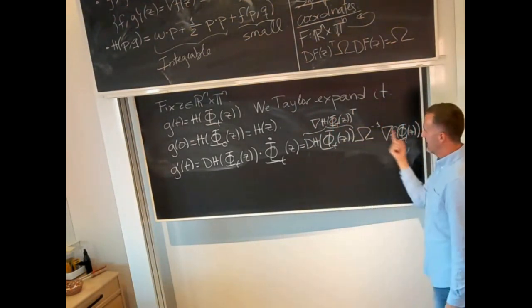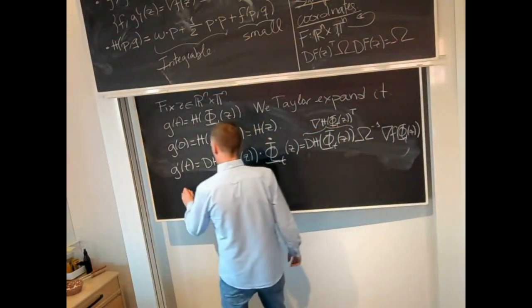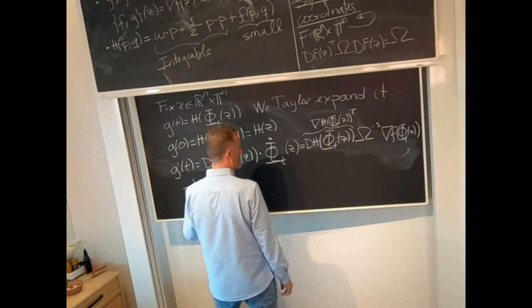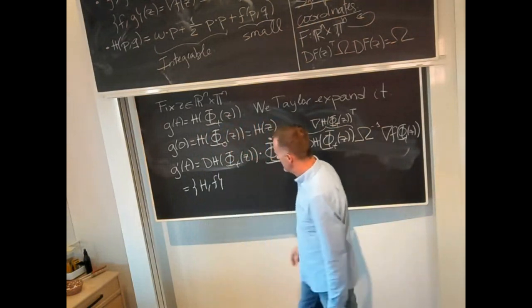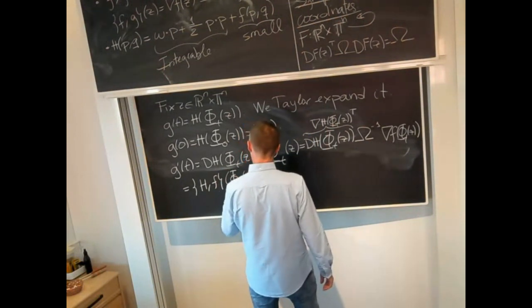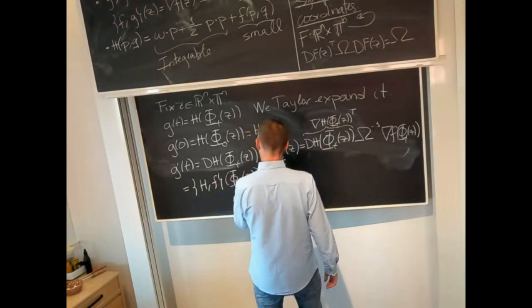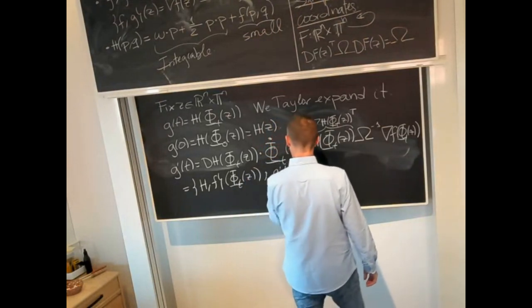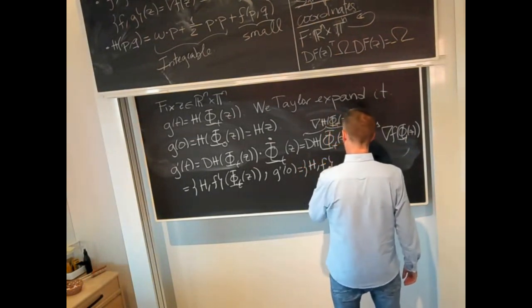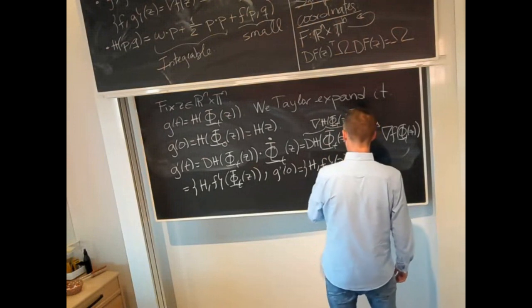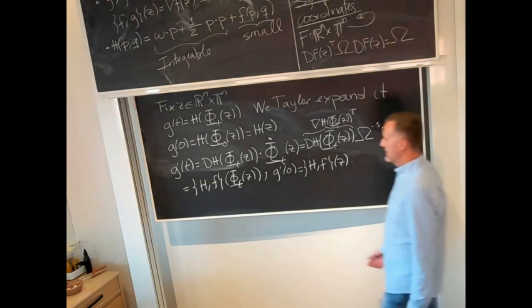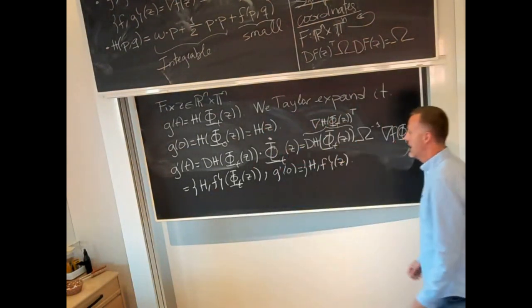So notice that what we get is that the time derivative of g at time t is nothing more than the Poisson bracket of h and f evaluated at phi t of z. So we get that the derivative at 0 is the Poisson bracket of h and f at z. Okay, so now we see a pattern. Because then we need to compute now